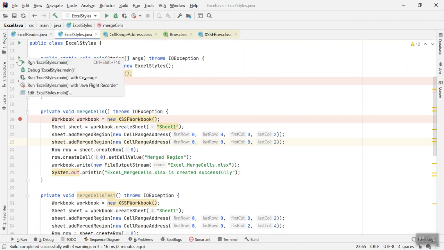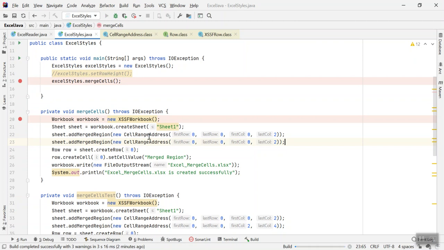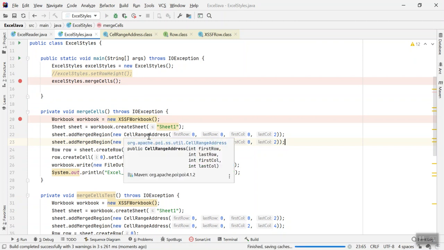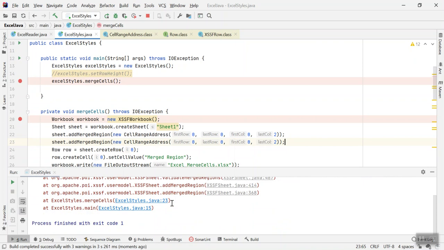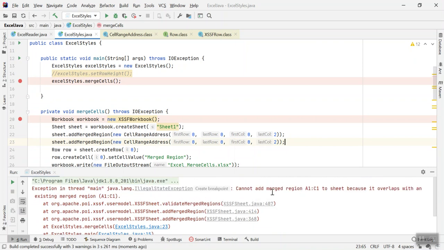So if I run this program, you'll get this error, cannot add merge region A1 to C1 to sheet because it overlaps with an existing merge region. So you cannot